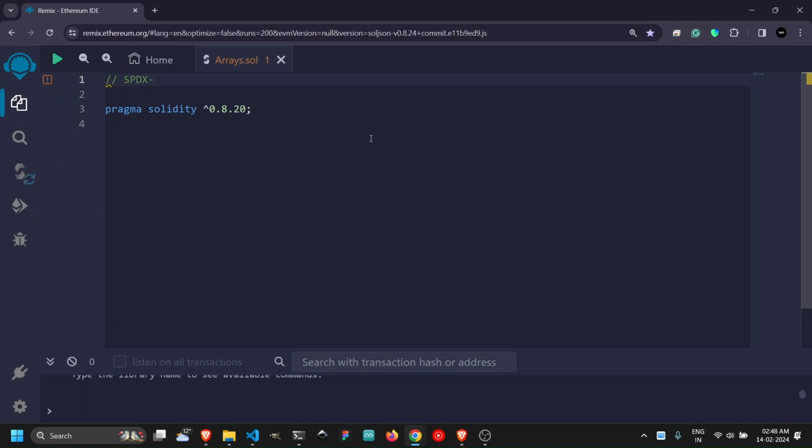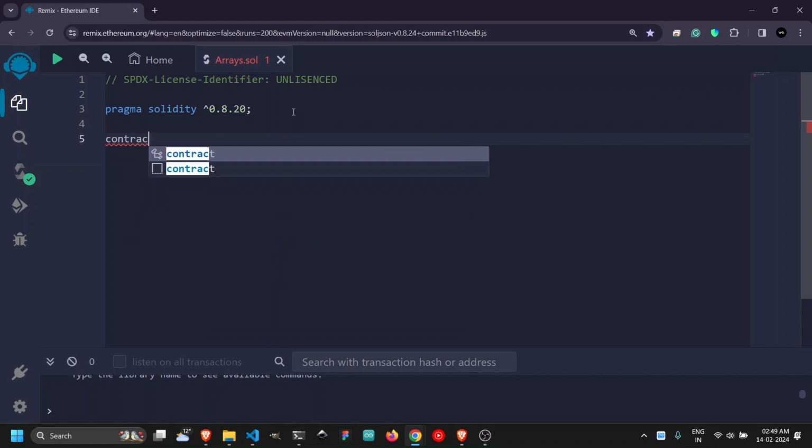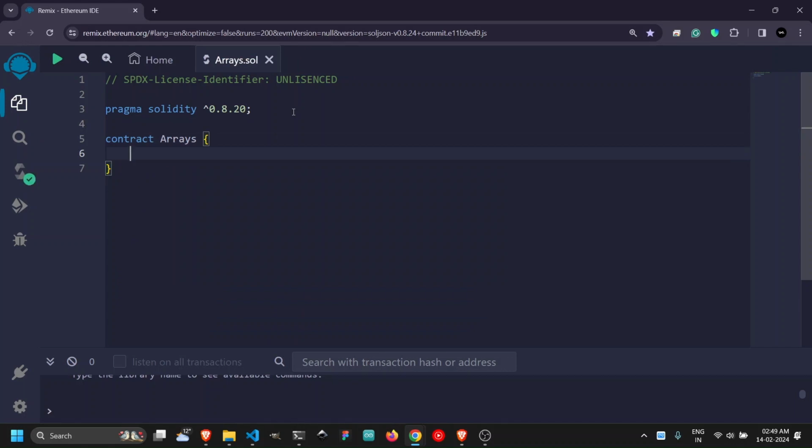SPDX-License-Identifier: UNLICENSED. Okay, so the yellow line goes. Okay, so just create a contract here, contract, and I'm going to name it the same as the file name. You can say arrays. Okay, so our basic boilerplate of contract is ready, and now we are going to see